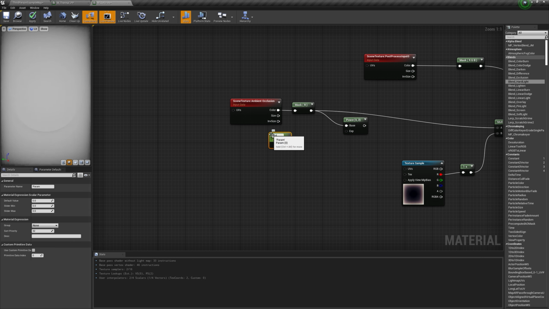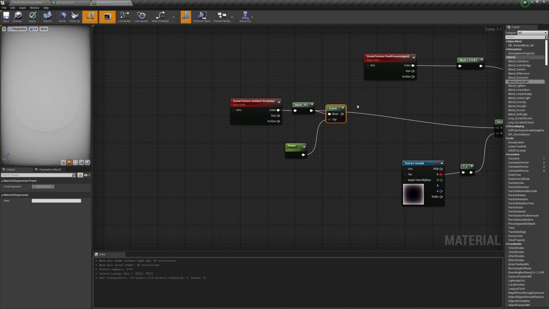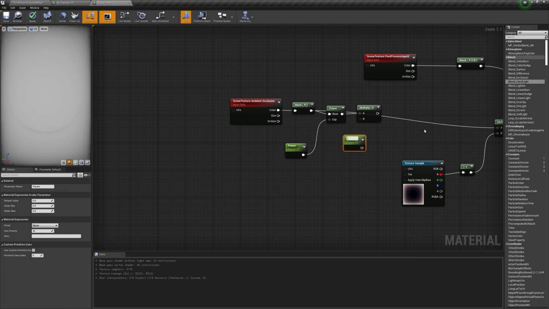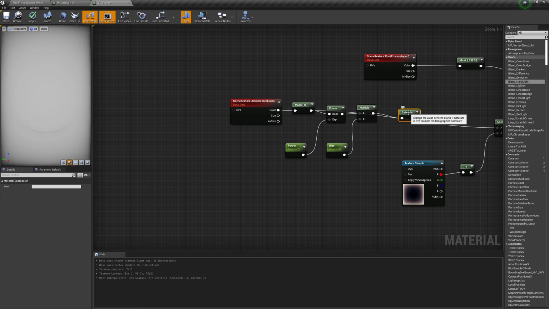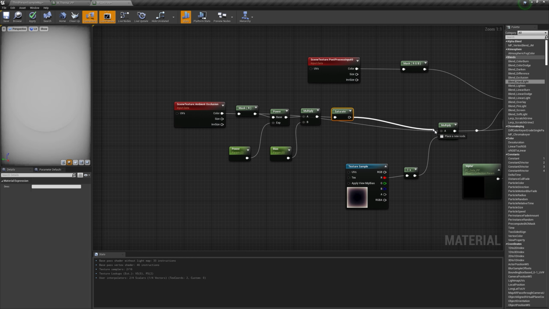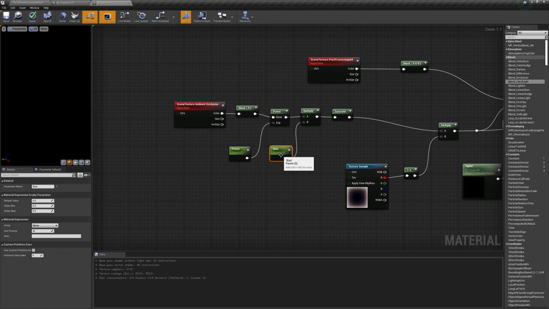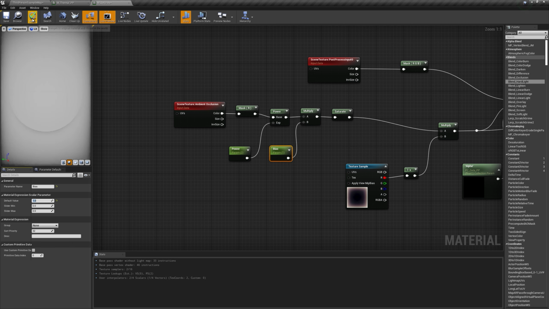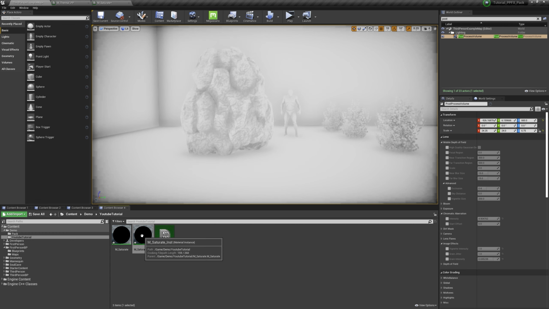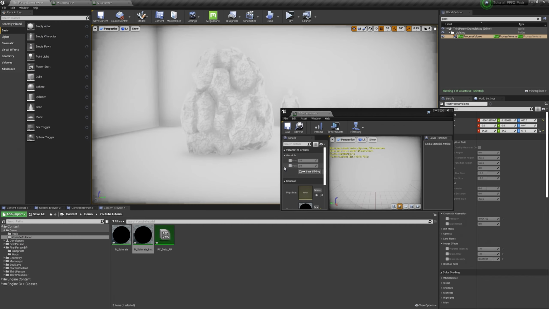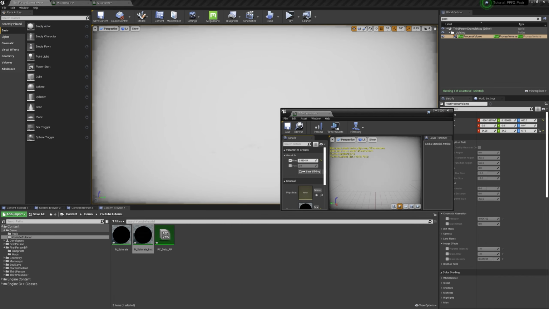and we can call this power and change this value to like 2, and now get a multiply node and get a scalar. Change the name of the scalar to bias and connect this here, and then saturate this. So clamp it between 0 and 1. Now connect this to the multiply and change the bias to like 1. Now click apply. So now if I go to the instance, we can control the bias like this,